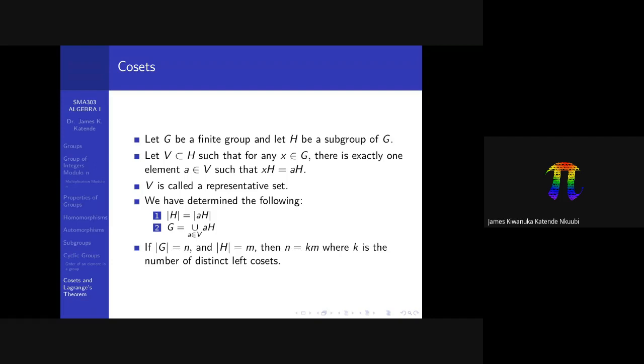So let's see if we can put all this together. We have said a lot. Now we want to make it concrete. So we'll summarize again what we have just done. We have said that let G be a finite group and H a subgroup of G. So we pick